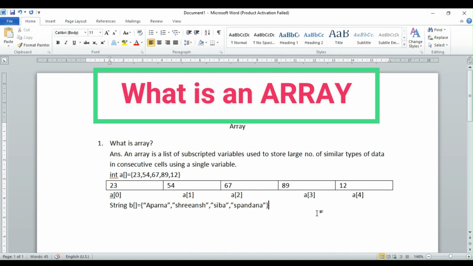Like this, you can make a character array. For a character array, you have to write char, the first letter being a small c. Let this one be c equal to, in curly brackets, single quotes. In single quotes you can write anything, let us say a and b.